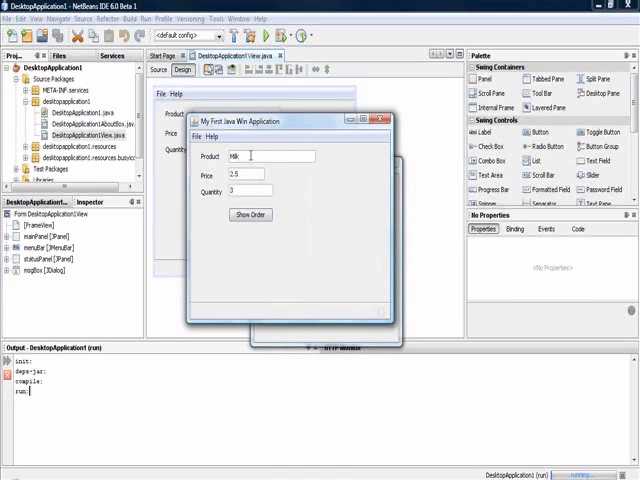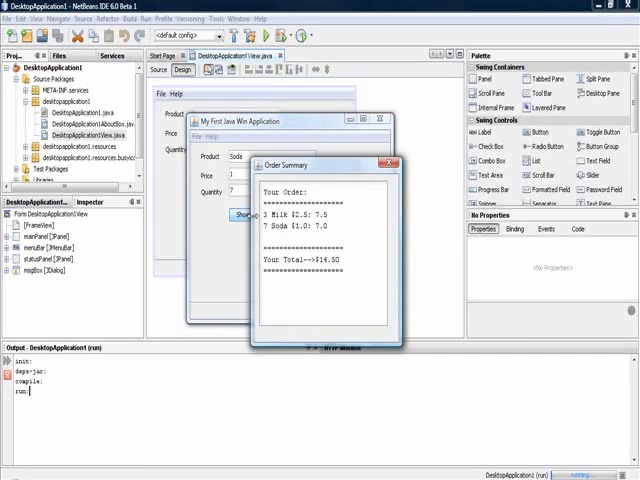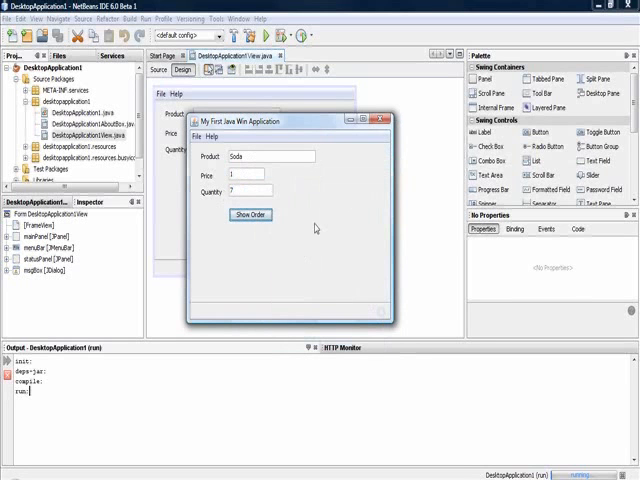If we go and say we're buying also soda, the price is $1 and the quantity, let's say, is 7. Show order. We see the new order and we will see that the total got updated. Alright, I will close the application for now